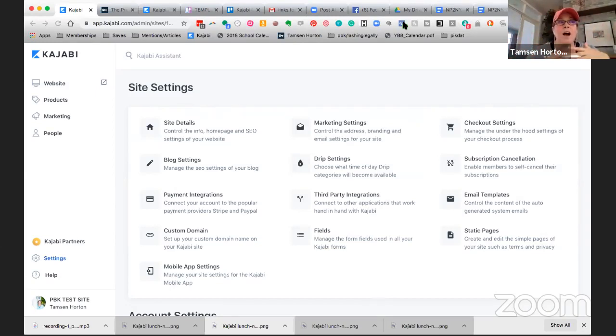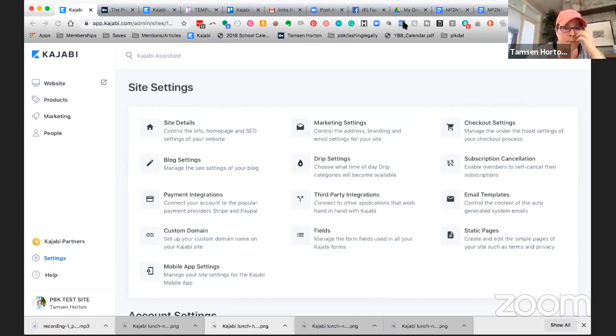So I have one custom domain, tamsinhorton.com, that points to the site I'm using in Kajabi for tamsinhorton.com. But I have other custom domains that point to landing pages. So you can have more than one custom domain, but one can point to the site and others can basically redirect to landing pages.